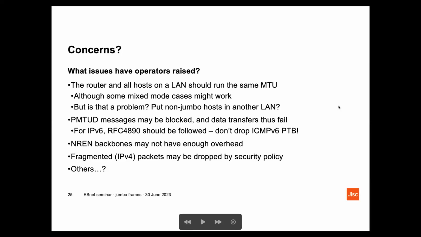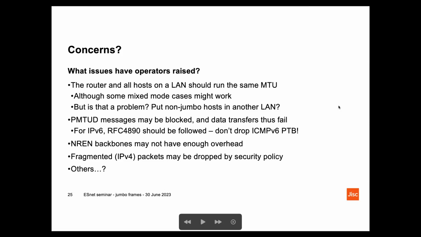The one we do see and hear more comments and complaints about is the PMTUD not working, in particular, of course, for V6. That's something of a concern. And if you just have things not working for one site that you speak to, that can cause significant problems, even if it's working for all the other sites you speak to. So it may be that a number of sites in ESnet are running 9,000. The question is, how are they interfacing and working with the sites that aren't running 9,000? Because the filtering and the packet dropping could be done at the far end.